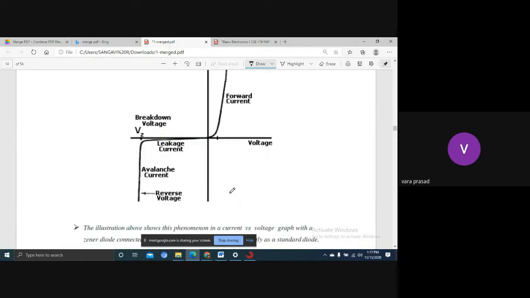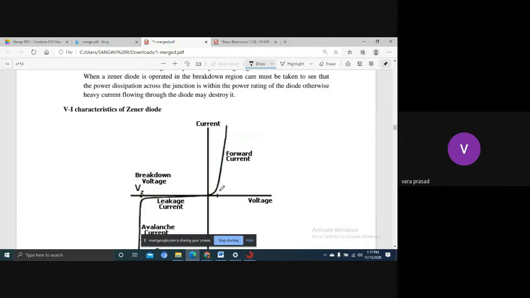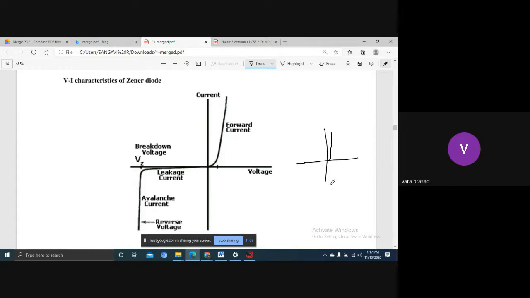But here, this is not that wide. Here, it is heavily doped, right? We will get the knee voltage, see here. Previously I could draw up to here. No, this one I can draw here only, like this. That is the difference. Remaining all are the same. These are the VI characteristics of Zener diode. See here, PN junction and Zener diode, everything is the same, but only one thing is different. PN junction is lightly doped. This is heavily doped. That's why the characteristics are going to change. The current will come very early. That's why we can draw it very closely.